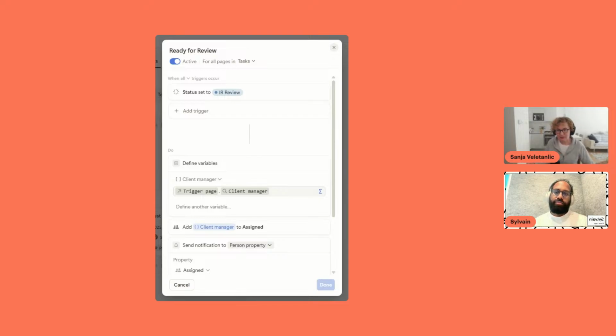So, what I have set here is an automation that, when you, as the author of that content, change the status to review, looks up who is the manager on this project, on this client, or whatever we connected this to. Then this manager is pulled from there and added to the assigned property and is notified that now he or she needs to review this before it can go to another step.